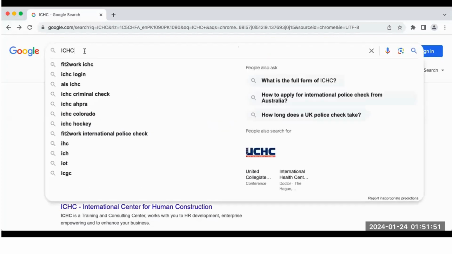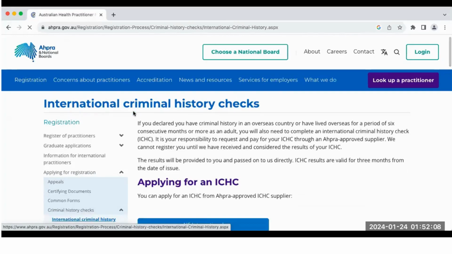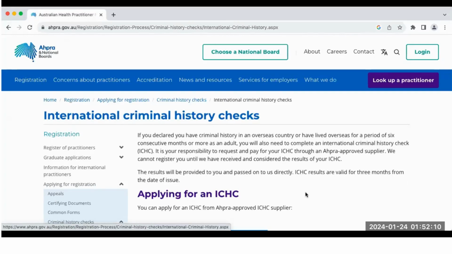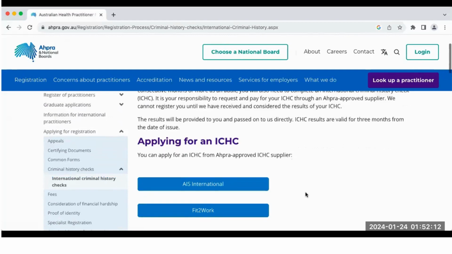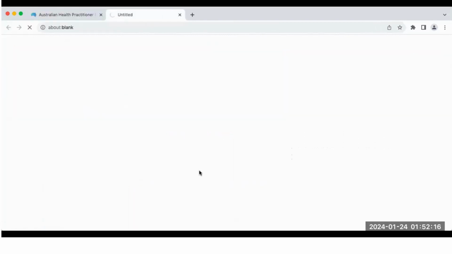So you will search for international criminal history check, or ICHC, in Google. Click on the first link, and then you can create an account on this website. You will first click on this AIS International. Okay, when you click on this,